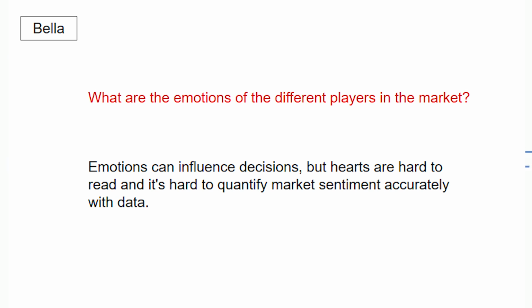We all know that emotions can influence decisions, especially in situations of extreme panic, extreme greed, and extreme hubris. It's even more complicated to interpret the emotions of each individual participant, and the human heart is hard to understand. There are some organizations that specialize in market sentiment, and they take a lot of data like questionnaires, social media keywords, and market valuations, and put that data into their algorithms as a sentiment indicator. But even though they are professional organizations with more resources and technology than we do as individuals,